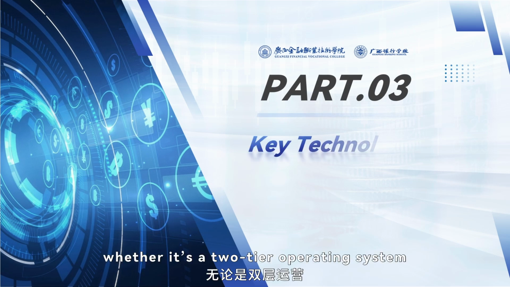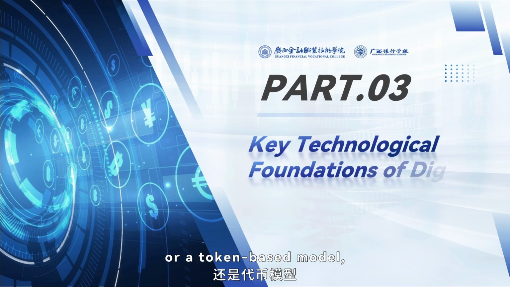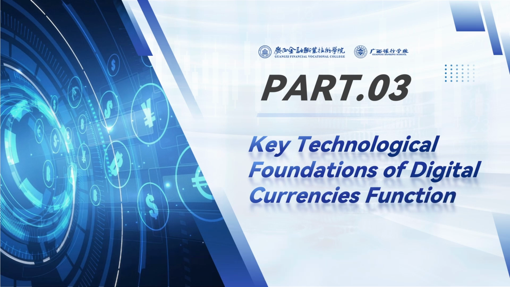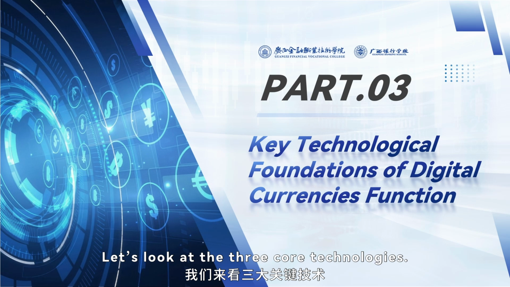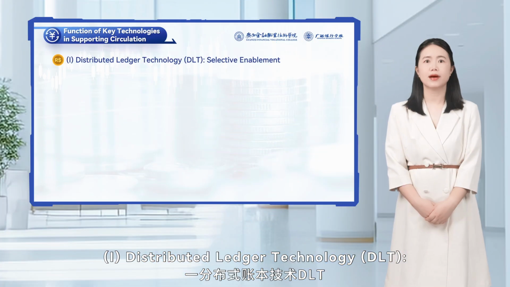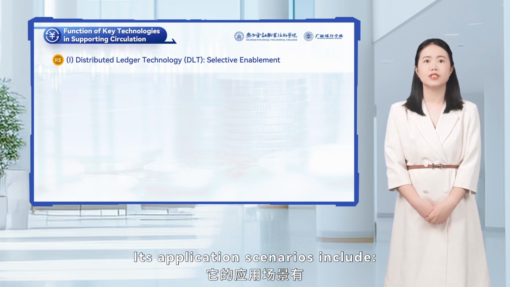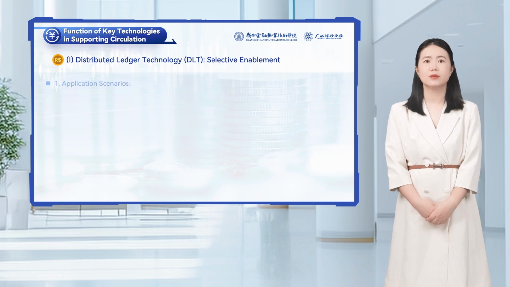Students, whether it's a two-tier operating system or a token-based model, both require strong technological foundations to function smoothly. Let's look at the 3 core technologies. 1. Distributed Ledger Technology, DLT. Selective enablement. Its application scenarios include: